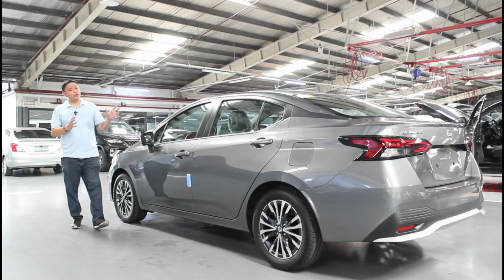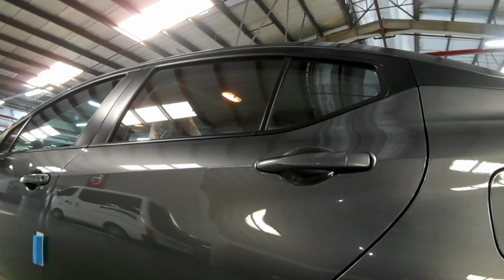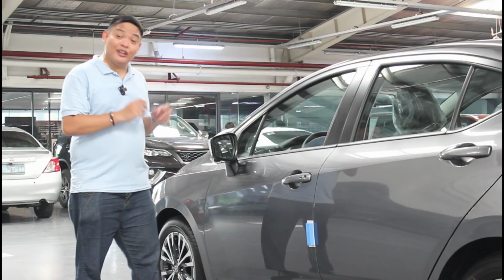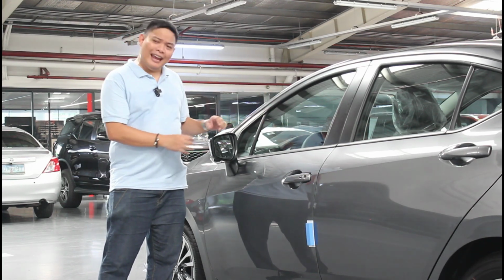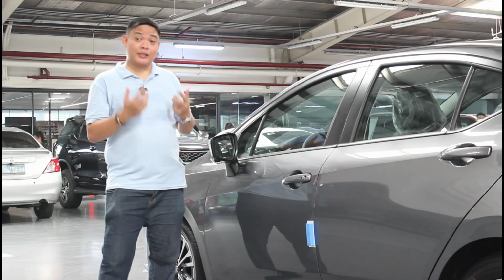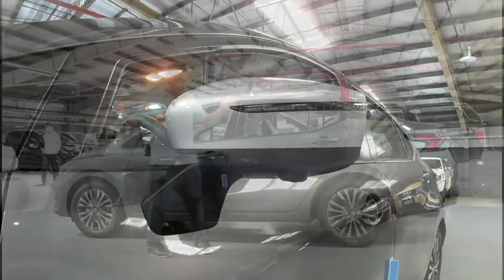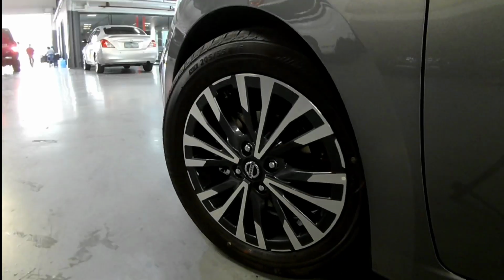Along the side, it's a continuation of the sharp body lines, and the floating roofline and kick-up C-pillar really adds to its appeal. These power-folding side mirrors are also finished in silver and are positioned a bit farther from the A-pillar or the front window, and that helps to increase driver visibility aside from making the car look a bit more upscale. The Almera rolls on dual-tone 16-inch alloy wheels, which I think do a pretty good job in filling